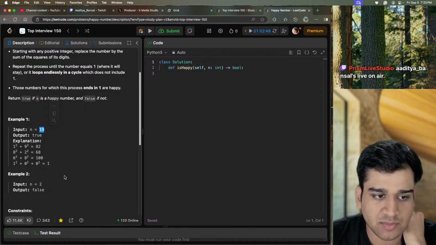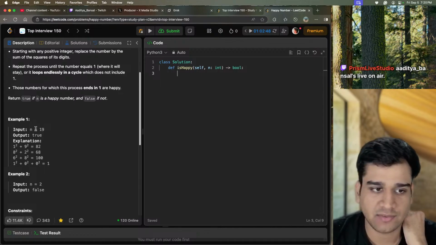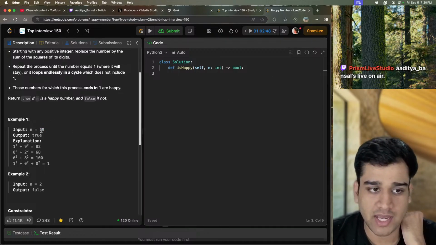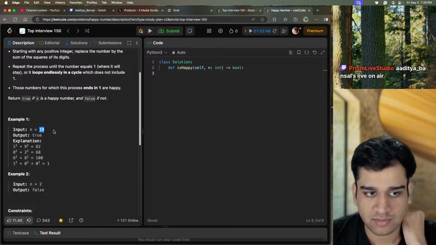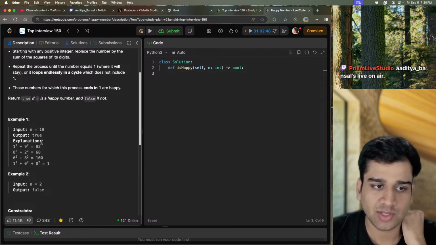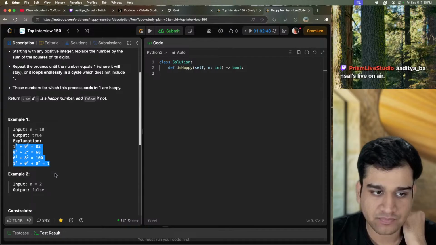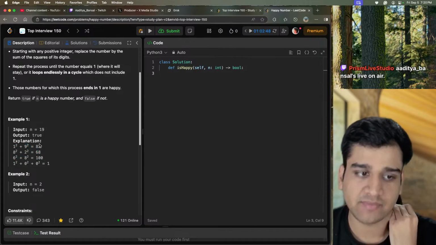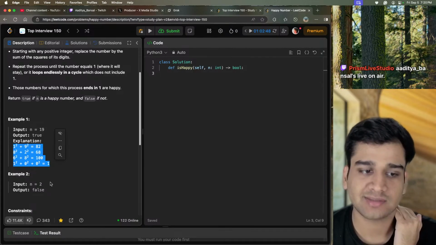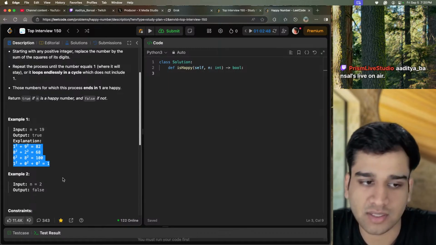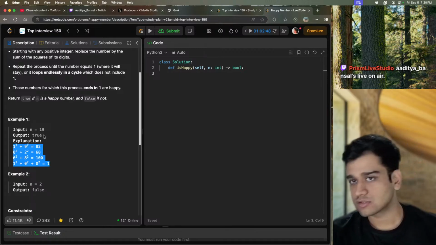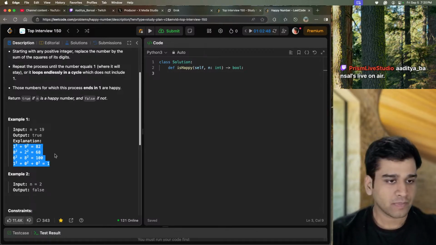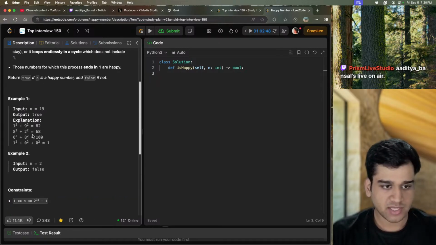So one way to solve this would be to brute force that while we have n, if it has more than 1 digits, then we can say like let's split those digits apart, square them, and then sum them such that we get a result. And we will keep doing this until we get a single digit number. Because when we get a single digit number, it's not possible to get a smaller number. And we also have to, I guess, check if it